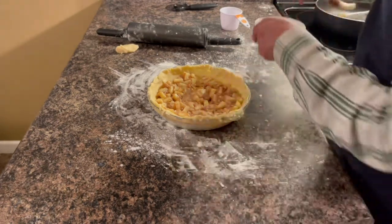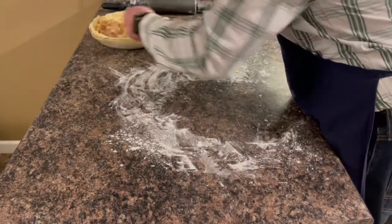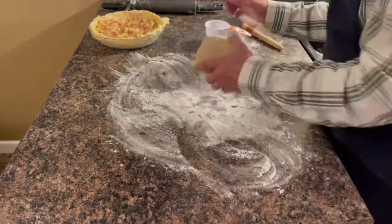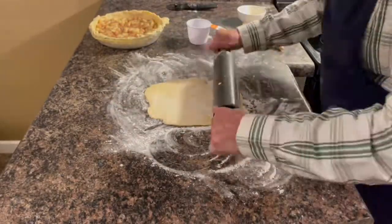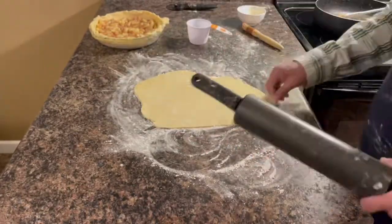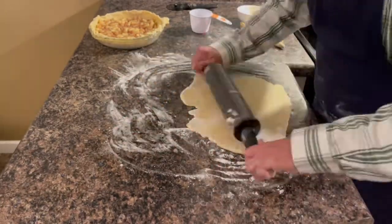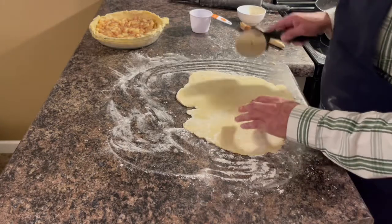Okay, my friends, I have an egg right here, and I'm gonna reserve it. I'm gonna use it after I work with the other half of my dough, and we're gonna extend it as well, the same way we did the first time. Now that I extended the dough to about the same size as the previous time,